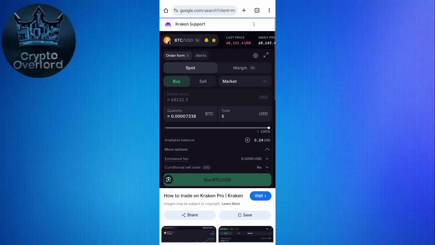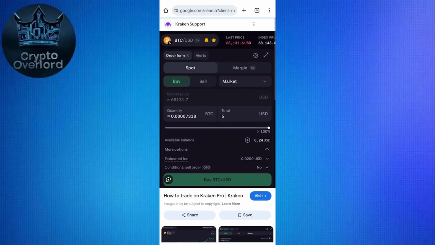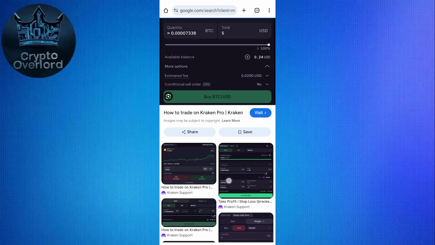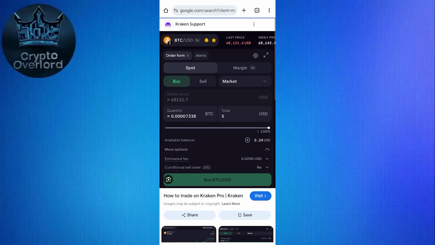Once margin is enabled, you can fund your spot wallet with the crypto or cash you want to use as collateral. On the Kraken Pro trading interface, choose the trading pair you want to trade, for example BTC/USD. In the order form, you'll see an option to select leverage. Kraken offers leverage up to 5x on most pairs, which means you can open a position 5 times larger than your collateral. For example, if you have $200 in collateral and select 5x leverage, you can open a position worth